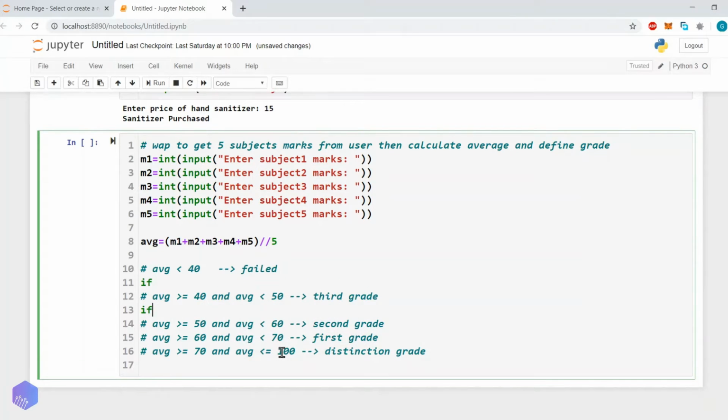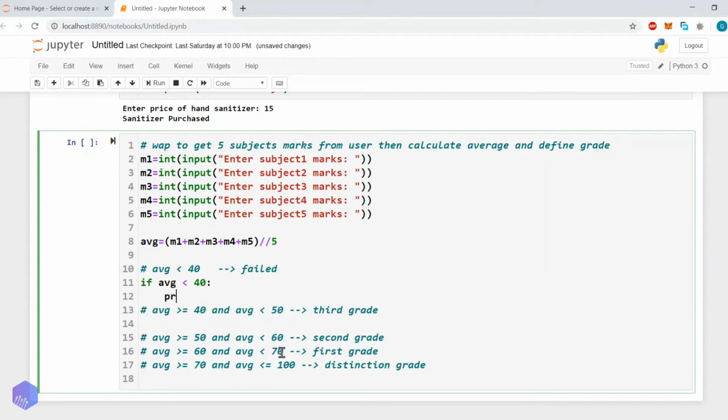If average is less than 40, then print student is failed.